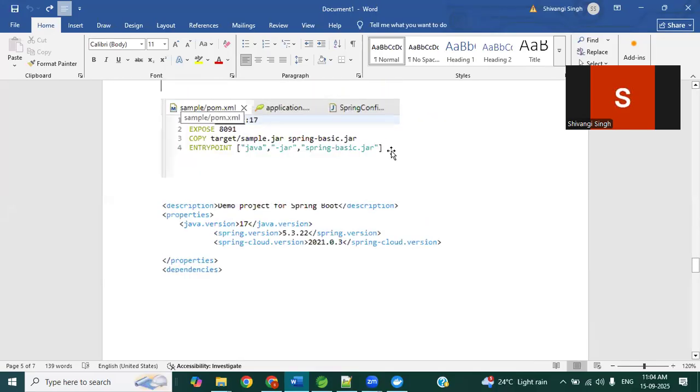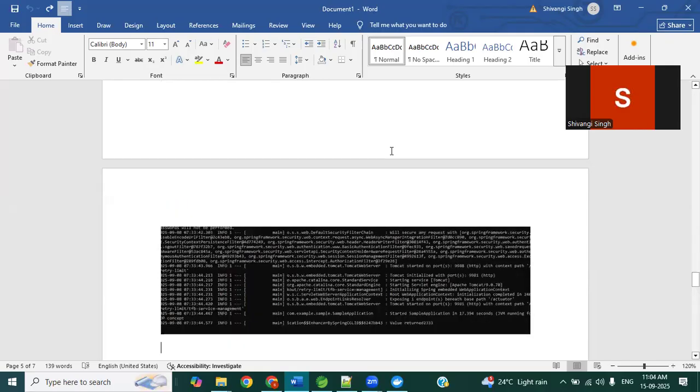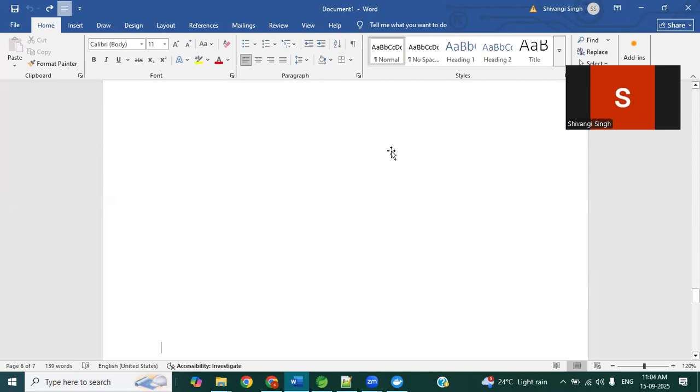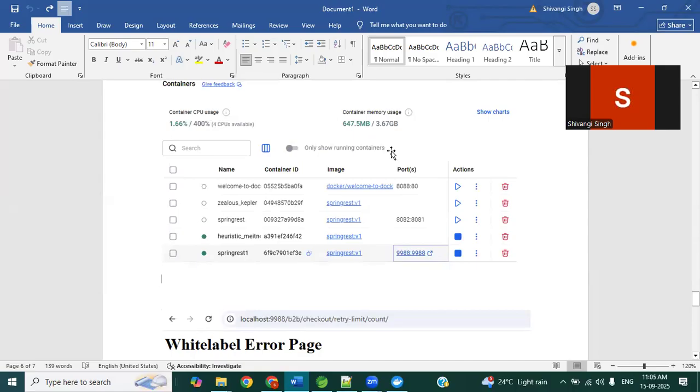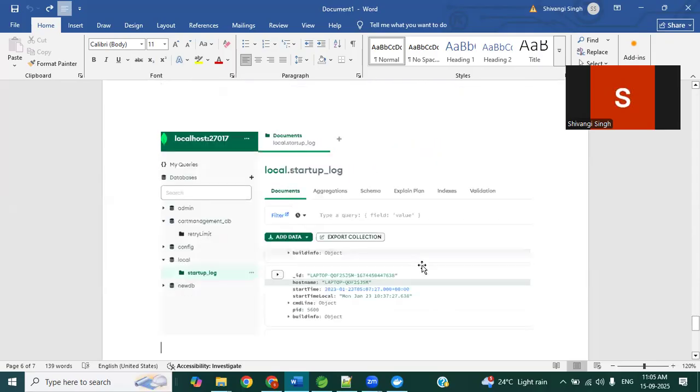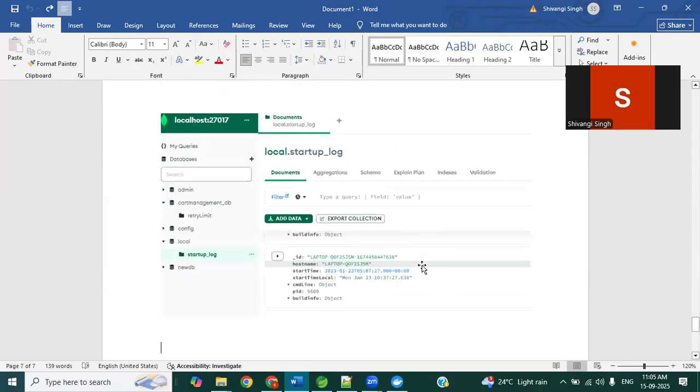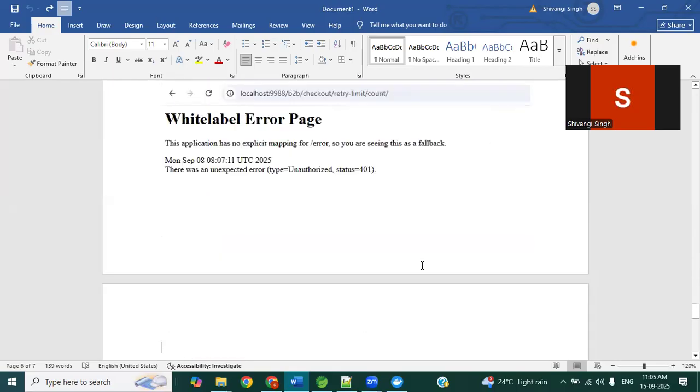This issue is regarding the Java version. Just make sure that the version in the properties file, the version in pom.xml and the version in the Docker file all match. Now, if you see, my application starts running, and when you try to hit the URL, it will start showing. Within the container, you will be able to see your microservice running on port number 9988. Let me show you. My MongoDB also gets started, so your application will start just now.